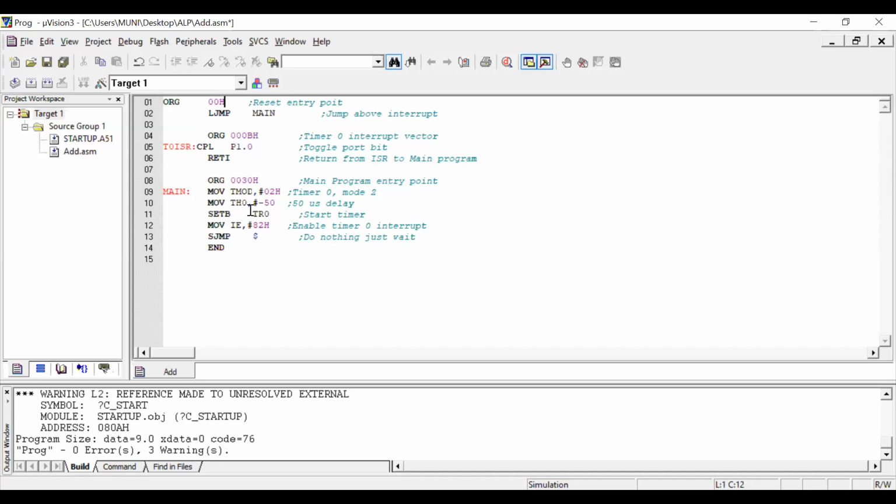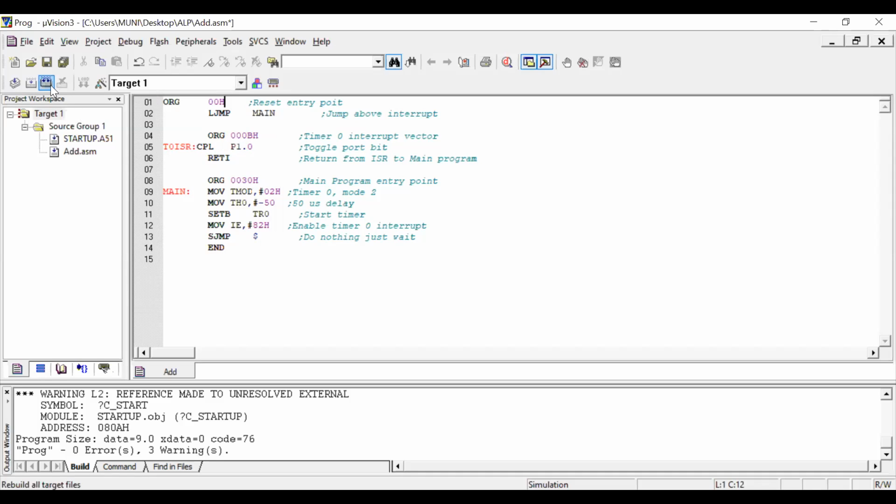Whenever an interrupt occurs, then automatically it enters 000BH, because 000BH is reserved for timer 0. Here we initialize timer 0, then enter into this location. Here check whether this program is completed or not. Otherwise it is also possible to create a jump here and then write the program beyond these locations. So here already 2 lines only, so within 2 lines maximum 3 bytes are allocated. No problem within these 8 locations, each and every interrupt having 8 locations. So within these 8 locations you can complete these 3-byte instructions. So simply CPL P1.0 and then RETI.